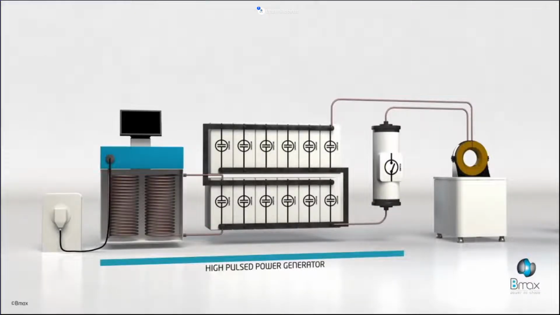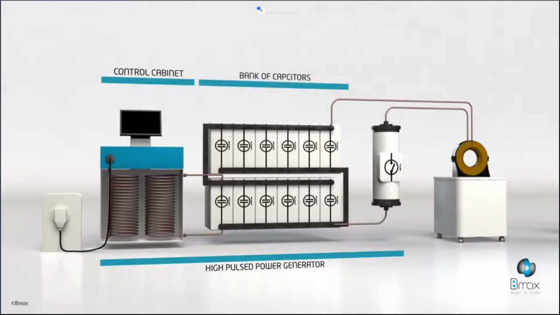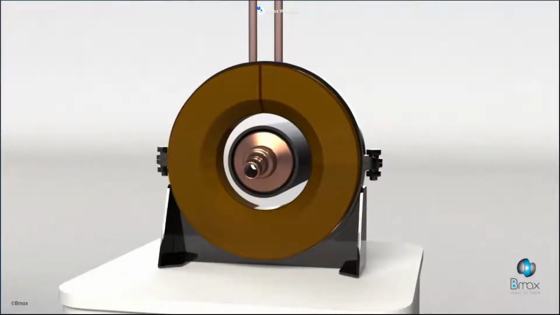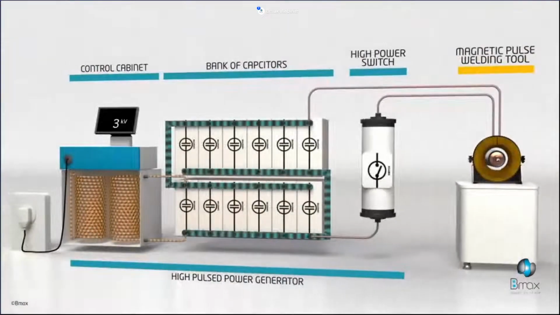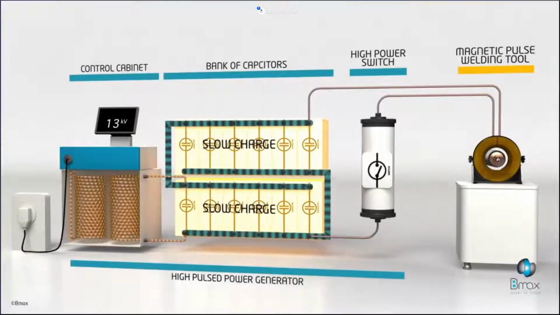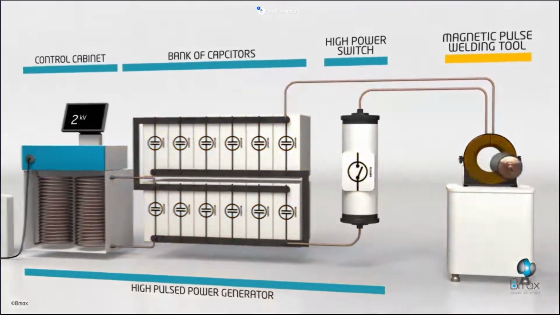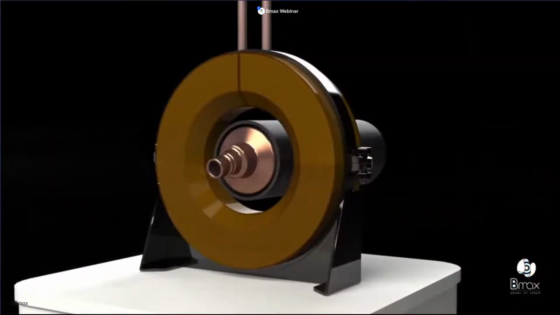Here is a presentation of the HPP process. In blue, it's the generator, including control cabinet, capacitor bank, and a trigger, a switch. We can plug the final stage of the system. We plug a coil for magnetic pulse welding, for example. In this case, it's a 1-turn coil for cylindrical shape with a flyer and a parent part. So thanks to the control cabinet, we fix the energy level, the voltage. We load the capacitor bank. We store electrical energy. And we close the switch, and we release this electrical energy into the coil.